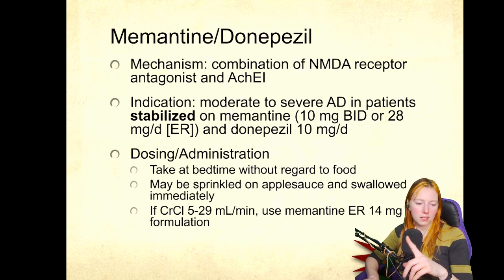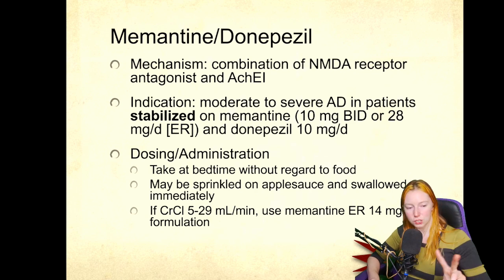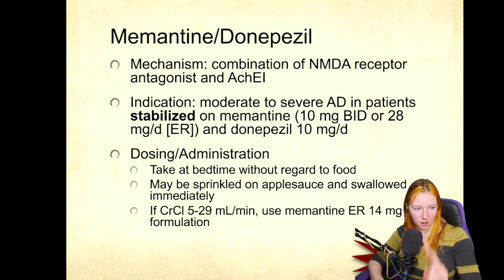Our combination product that I had mentioned before, the Namzaric or memantine donepezil, is the two things together, right? So our Aricept plus memantine. Again, this is not